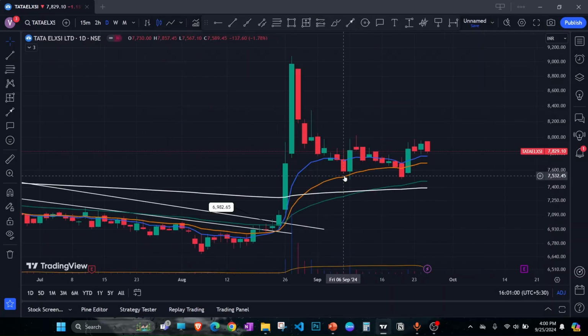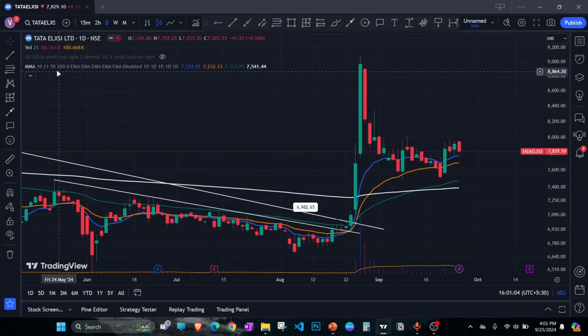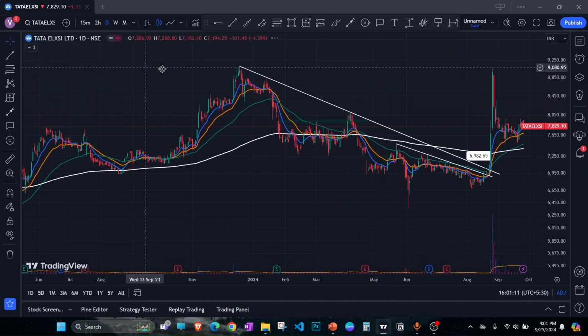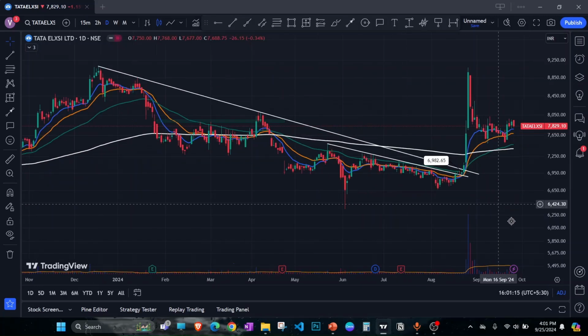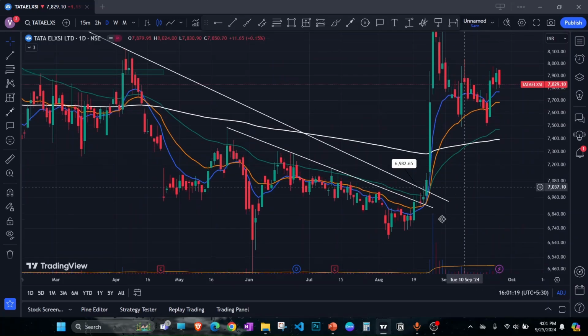Many of you have asked what kind of moving averages I use. It's just simple. It's a 10-day moving average, 21, 50 and 200. I use a combination of these four, right? So first thing you'll see, it was in a very sharp downtrend. The IT sector had started doing well, right? There was a bit of climactic action here,